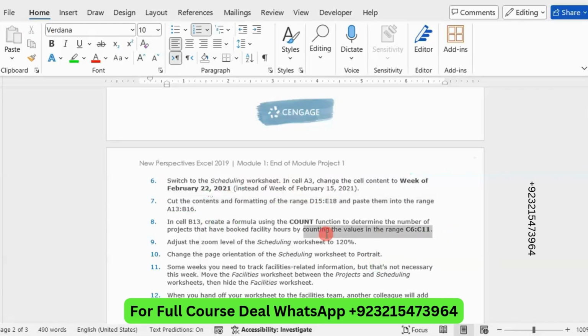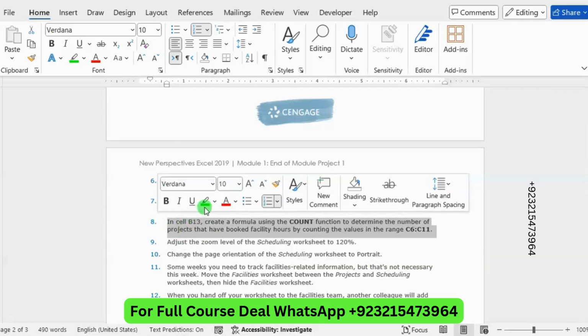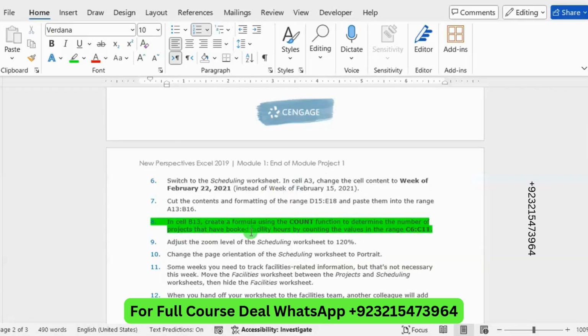And step number 8 is: in cell B13, create a formula using the COUNT function to determine the number of projects that have booked facility over by counting the values in the range C6 to C11. So we need to create a count formula in B13.